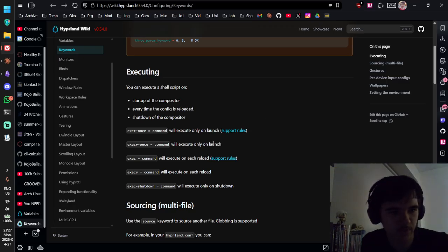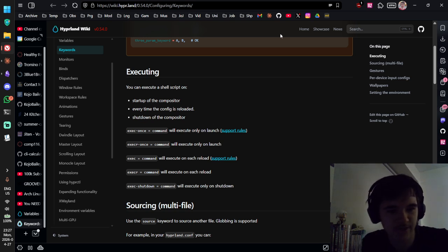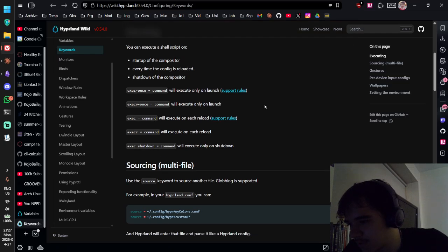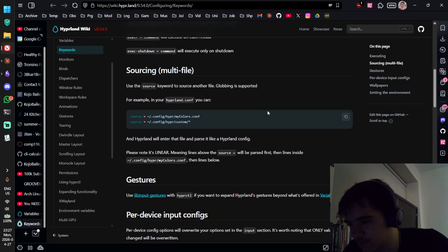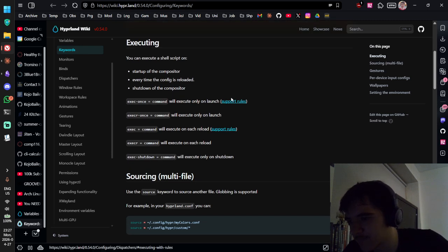Okay, hold on. So if I just close Neovim real quick, on the Waybar there's like a power button. If I press that, I think that turns off the Waybar. But if I just type waybar, it launches it again. Okay. So basically, what happens then? Okay, hold on. So then what happens is that exec once will just run that command. Okay. So in theory, I could like echo "Hello Kojo" at the start, I guess. I mean, I don't know which terminal window that would even go into, so I guess I couldn't do that. But in theory,